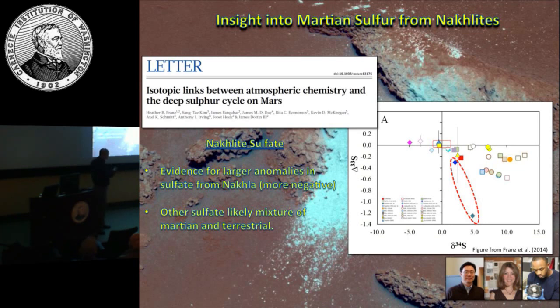And these are the data from the nakhlites. This box here would be the limits of that plot shown before. Not the limits of the data, but the limits of that plot. So really, the chassignites just sit right in there. These data points here are sulfides. I'm going to focus on them next. But the key point here is Nakhla, which is a fall. Sulfate was extracted from Nakhla, which is a fall, and it has much larger deviations in this capital delta 33S.